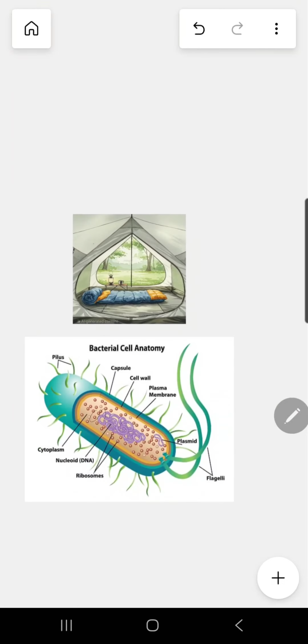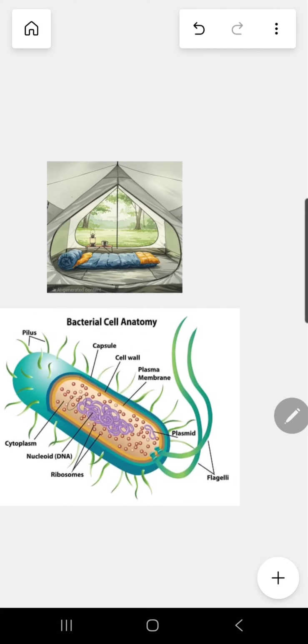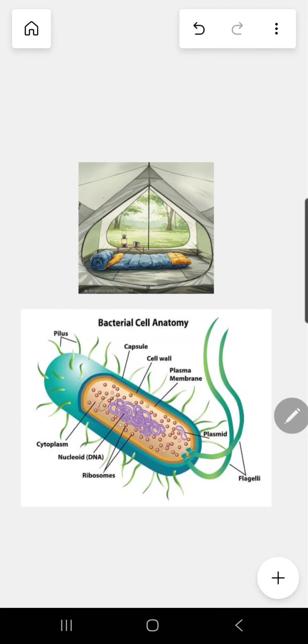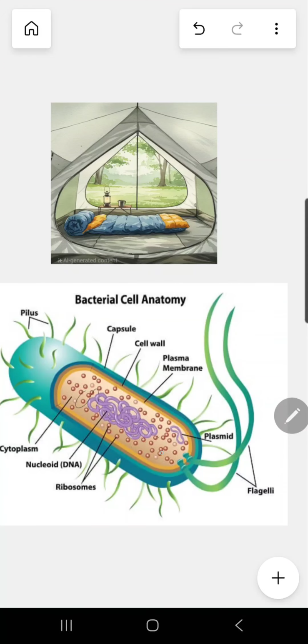So let's dive in. This is a typical prokaryotic cell, and I have compared this with a tent. So, first of all, prokaryotes, these are the OGs of Earth, simple, single celled, and living in survival mode. For example, bacteria cell, which is a prokaryotic cell. As you can see, they have no nucleus in their cell, and there are no specialized organelles. They do have a DNA, but since there's no nucleus, this DNA is just sitting inside the cell in an